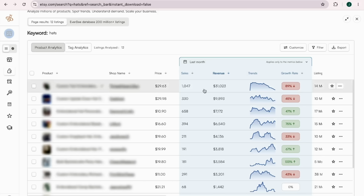This is a denim hat. I'm not going to waste any of your time. Let's get into it. First, here's the proof. I'm using EVERBEE to see the monthly revenue on some of these listings. We have this top one bringing in 5 figures monthly revenue, and a lot of them bringing in 4 figures